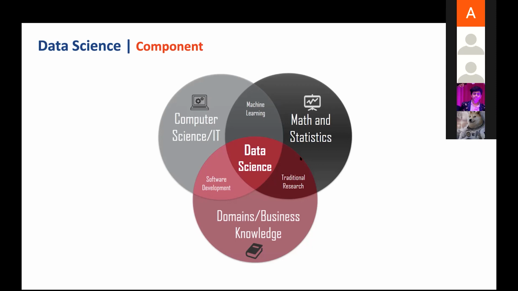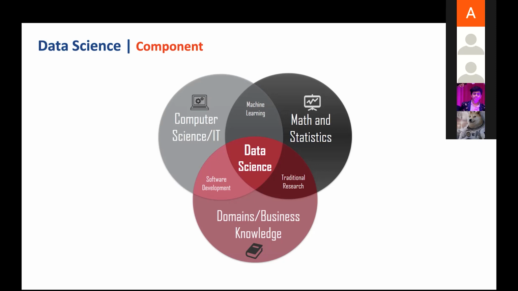If there is only domain knowledge and statistics, this is just data analysis. So for becoming a data scientist, you need to have knowledge about a programming language. It doesn't mean that you need to be a computer science guy. You just need to be familiar with any programming language, like Python or R. Then statistics, then domain knowledge. So we'll go a little bit into that.